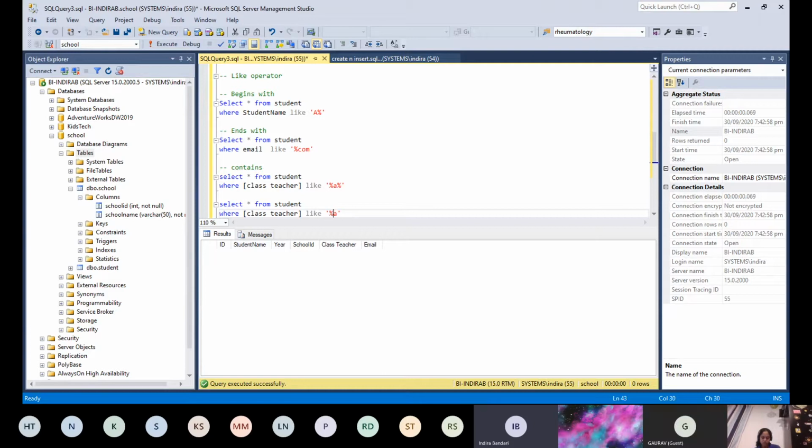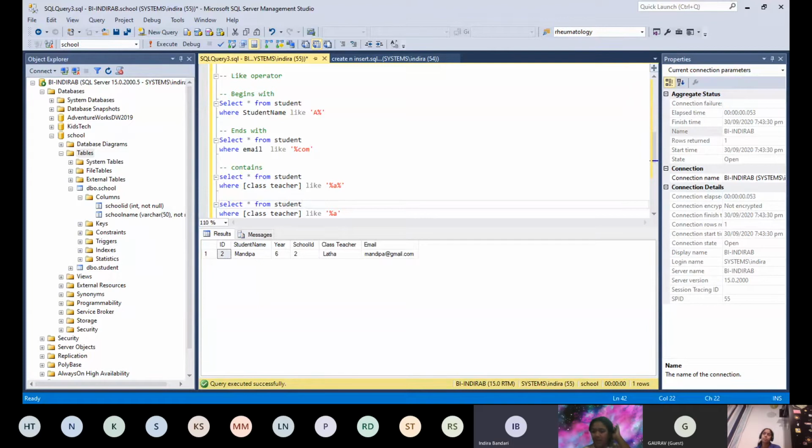So like and percentage go hand in hand. You have to use percentage if you use like. Any other questions? No. Okay.